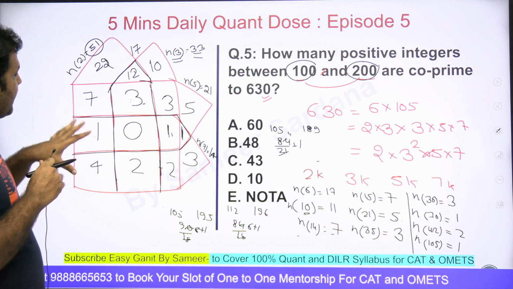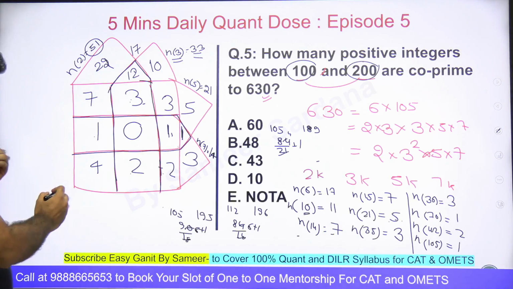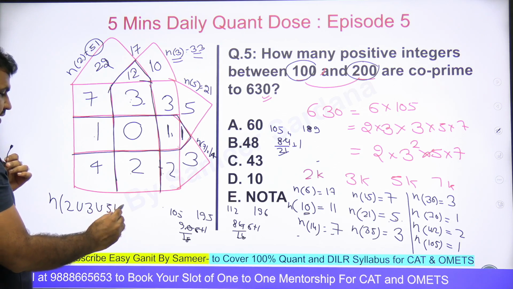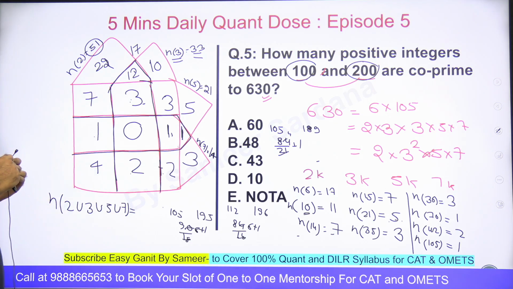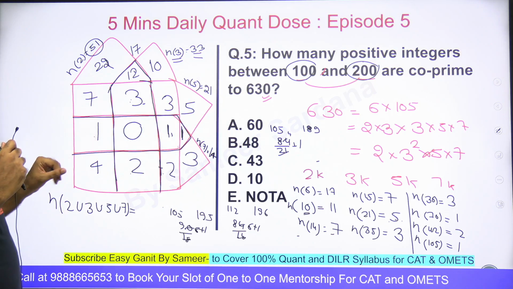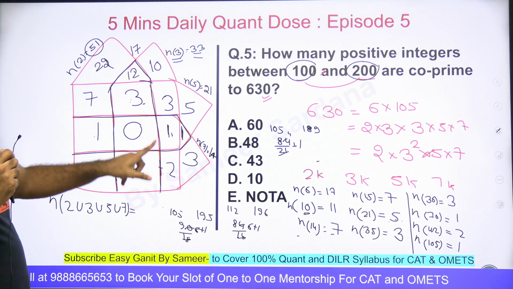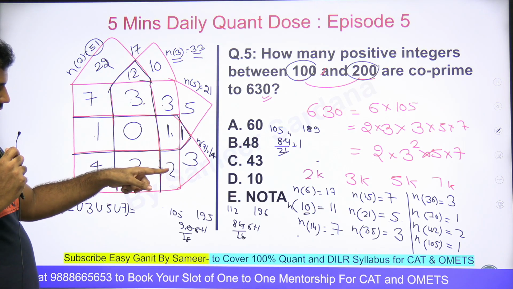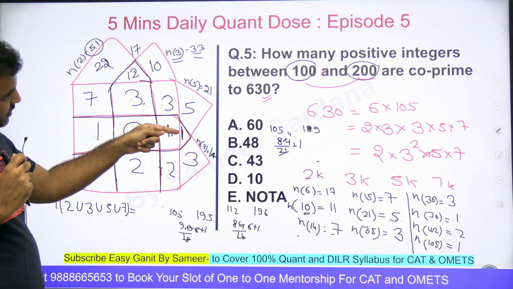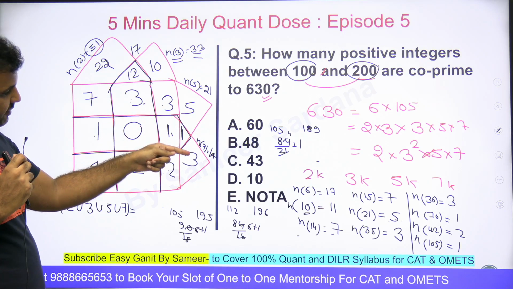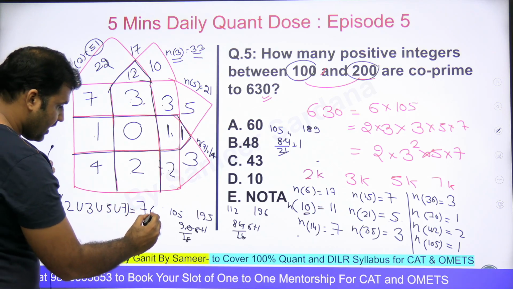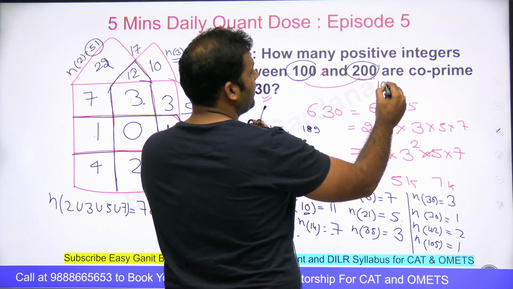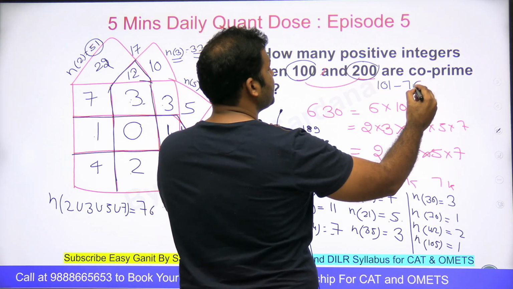Now, if I add all these, get the numbers which are the multiple of either 2 or 3 or 5 or 7. So 2 union 3 union 5, 7. That will be the addition of all. Number है 51 तो ये plus 10, 67, 70 plus 1, 73 plus 3, 76, right? So out of total number 100 के बीच में टोटल 101 है, उसमें से 76 नंबर्स ऐसे हैं, दे आर